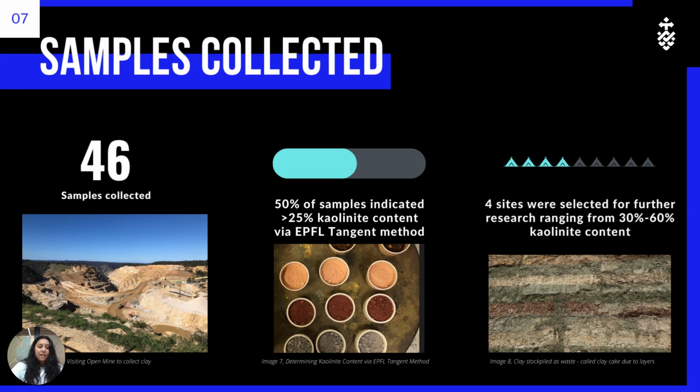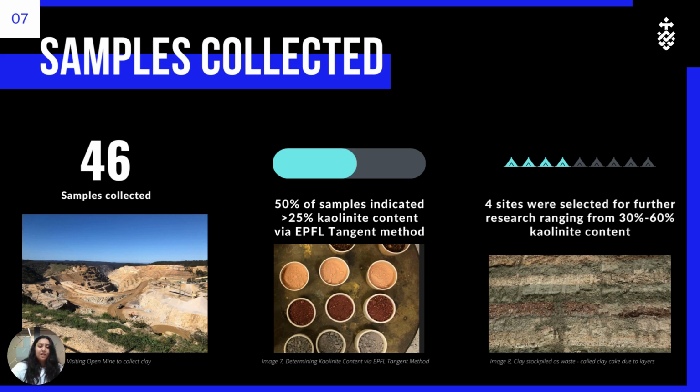Most of the sites I was able to access and take a representation of the metre square for sampling. The sites I couldn't access due to COVID, strict instructions were sent to the person to collect the samples. The samples were then sent to UTS Tech Lab, in which they were analysed for kaolinite content using the EPFL tangent method. This method was selected as it was quick, straightforward, and minimal knowledge was needed in order to conduct